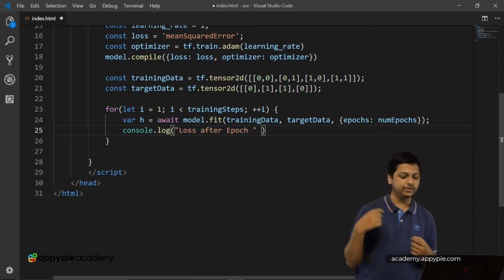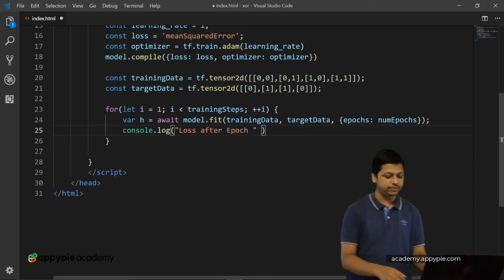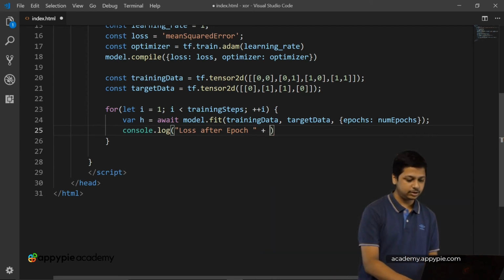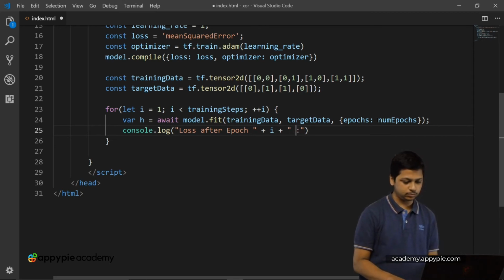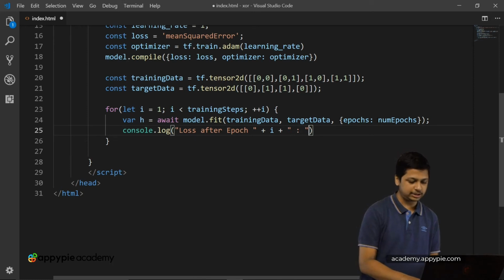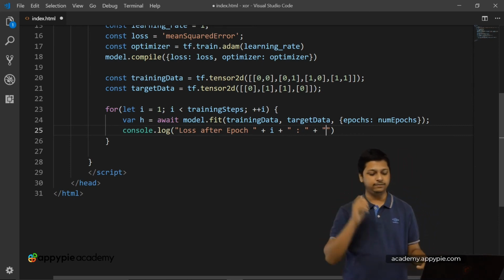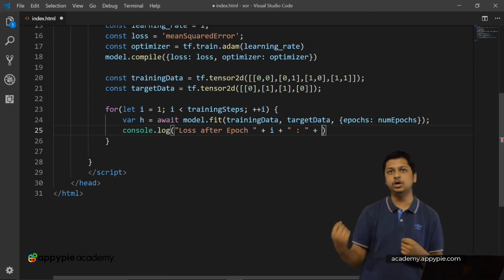Here we are telling the epoch number, so we have plus followed by i, and then let's put in a colon. Let's add a space on both sides. Then we have a plus again, and then we put in the loss value.